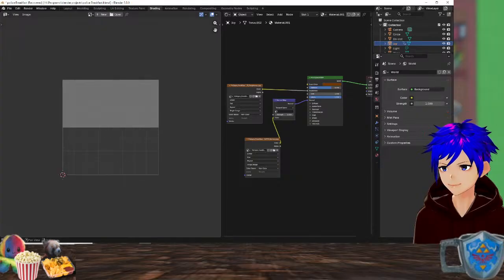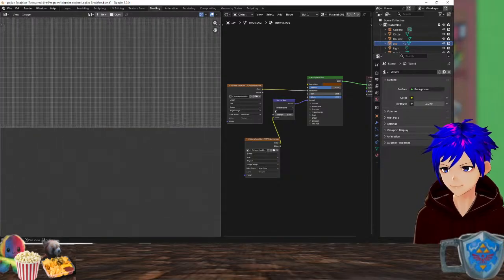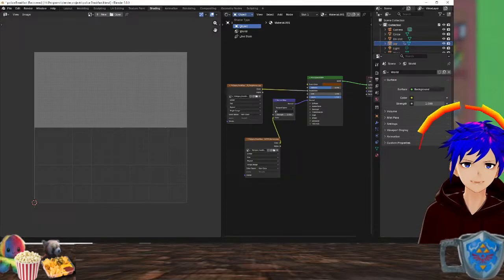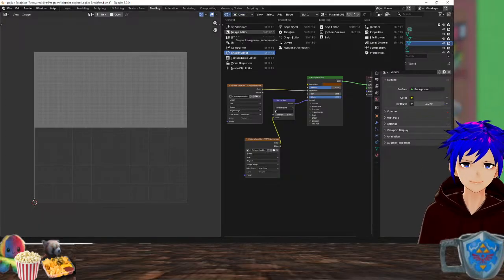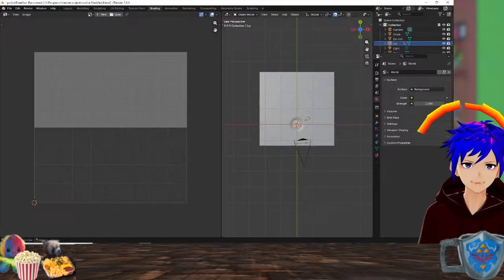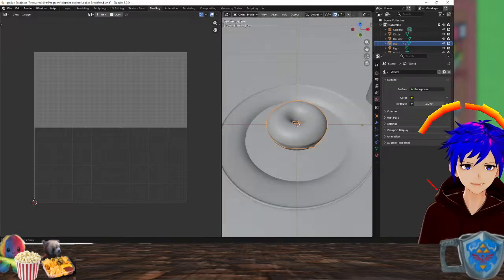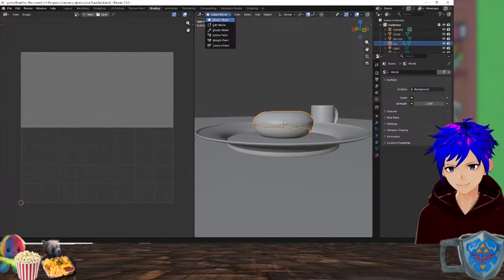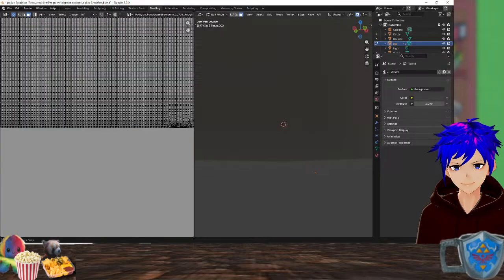UV editor. Okay, nice. I'm gonna turn you into a 3D viewport just for the sake of it. So edit mode.